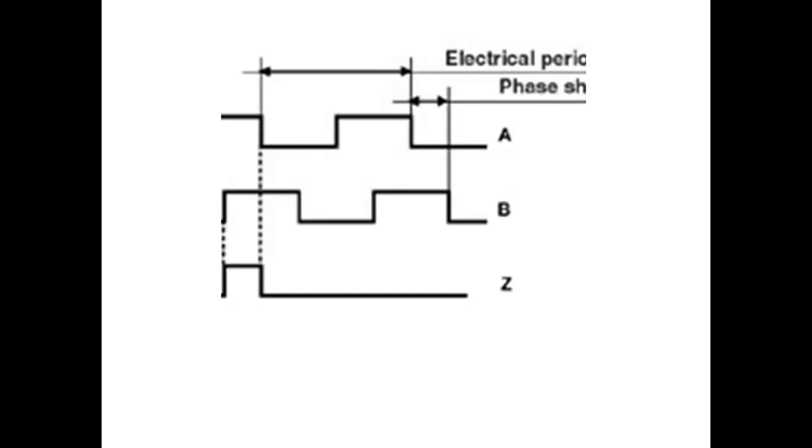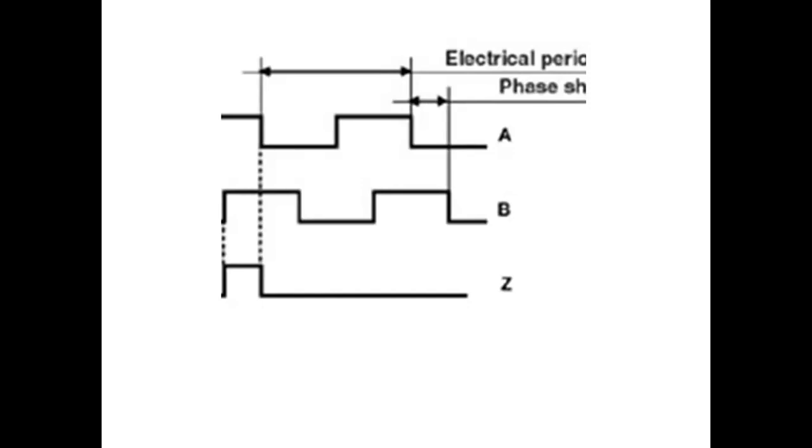So the two slits are positioned so that the phase difference between the square wave outputs is 1/4 pitch. This type of encoder outputs a pulse string in response to the amount of rotational displacement of the shaft. To detect the amount of rotation from a certain input shaft position, the count in the counter is reset at the reference position and the number of pulses from that position is added cumulatively by the counter.